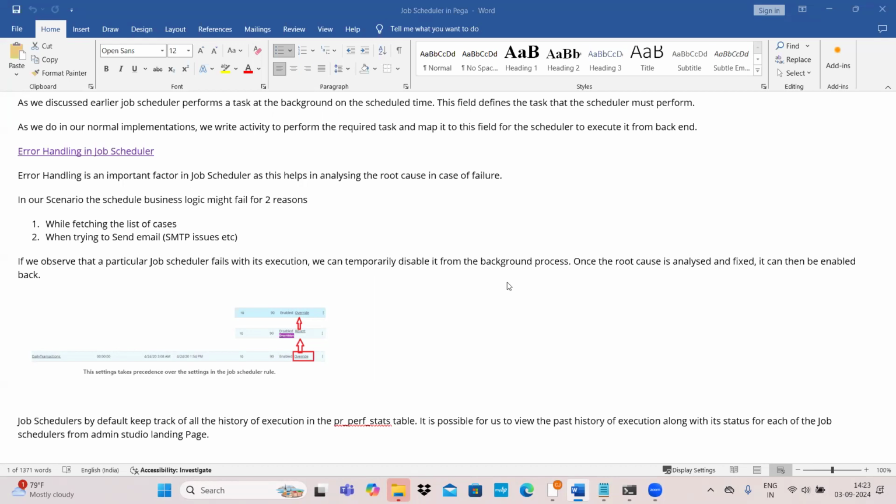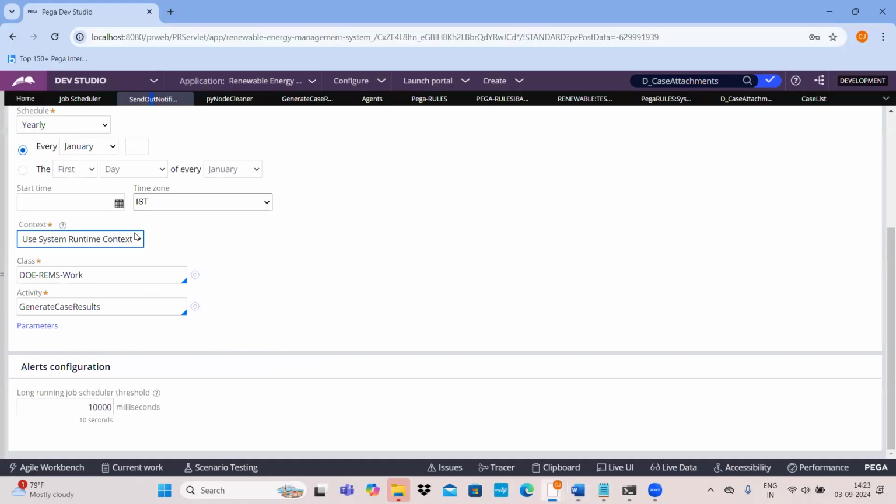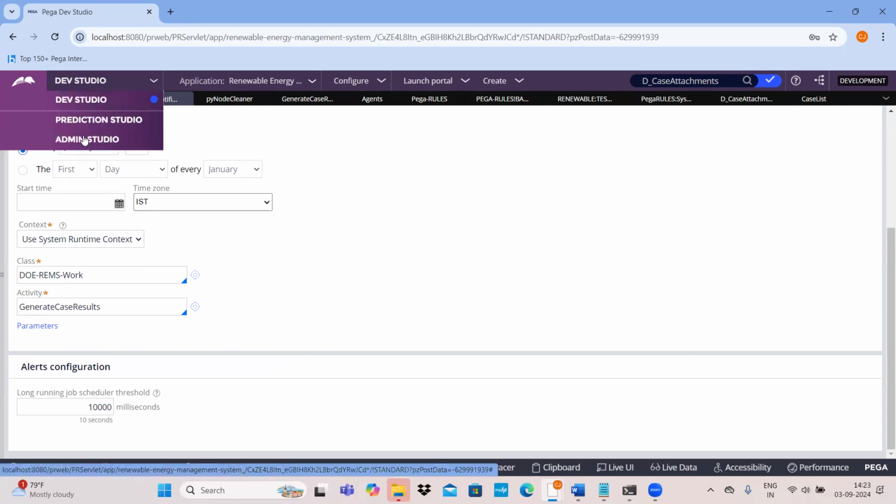And the second scenario is when you're trying to send an email notification to the CEO of the company every day at 9 p.m., some kind of SMTP issue might come. At that time also, you'll not be able to send the list of the cases which got created in a day. So once a job scheduler fails, what we will do is we will go and open the admin studio